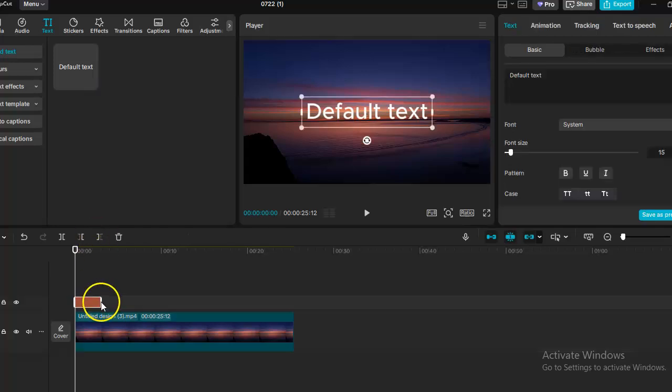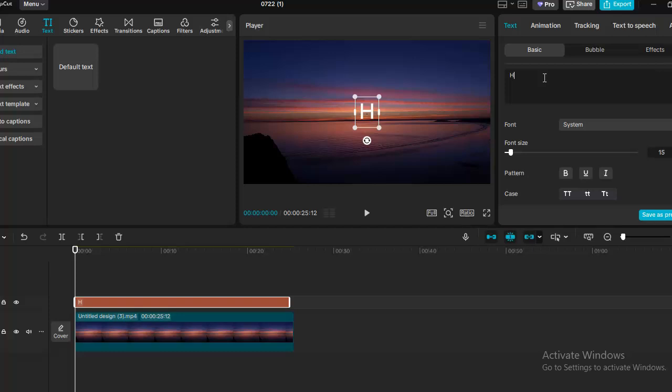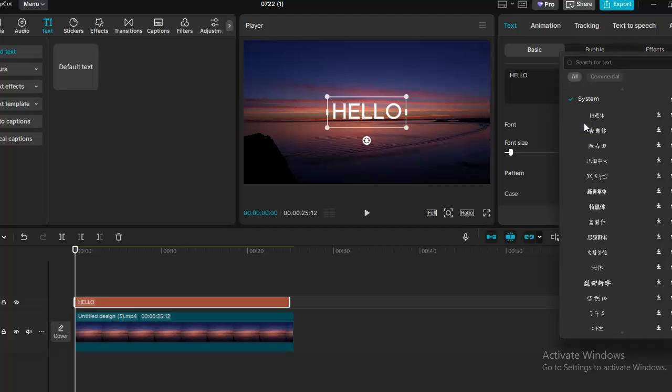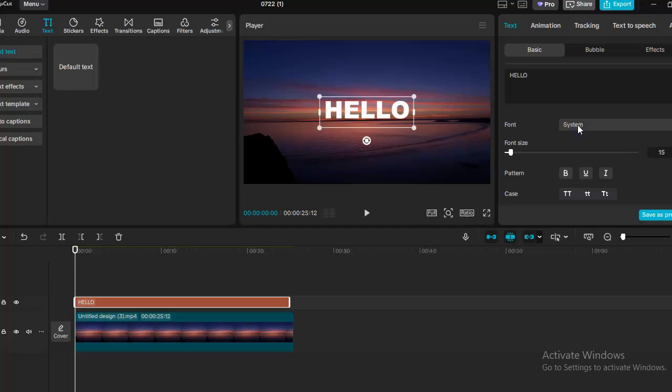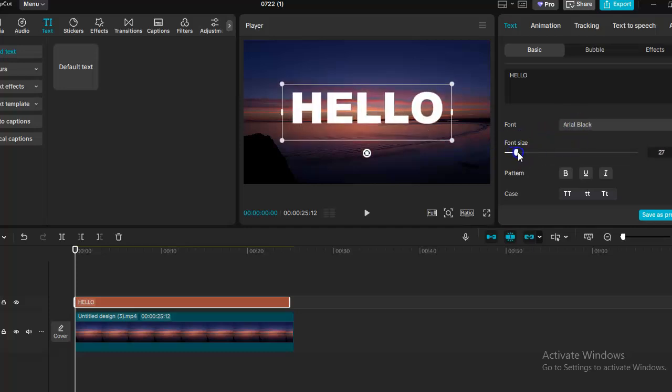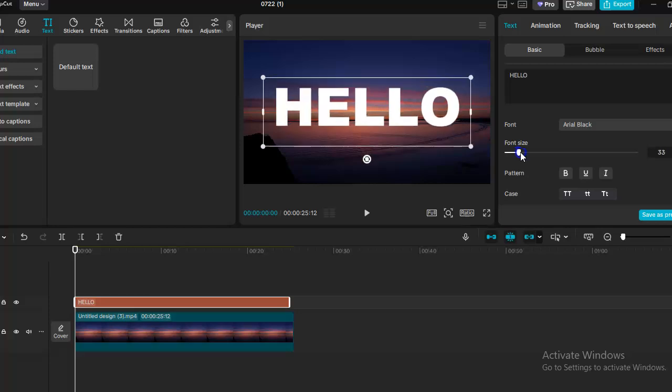And then here you can match the text with the clip, just extend it, and after that just type your text, and here you can change the font. Okay, for example this one, and here you can increase the font size,